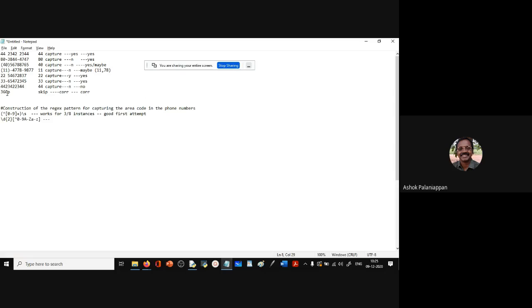Okay, because the third one is the digit, but the third one has to be non-alphanumeric, so in that way he is also able to identify this as a wrong match. He is able to identify this as a line to be skipped. That is good. All right, so how many has he got it right?